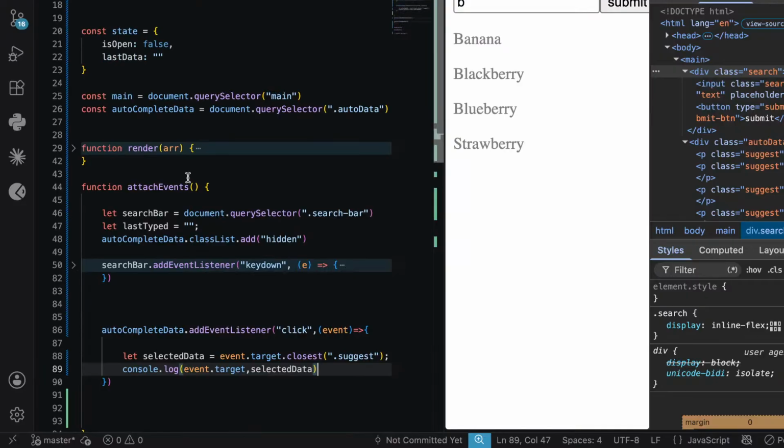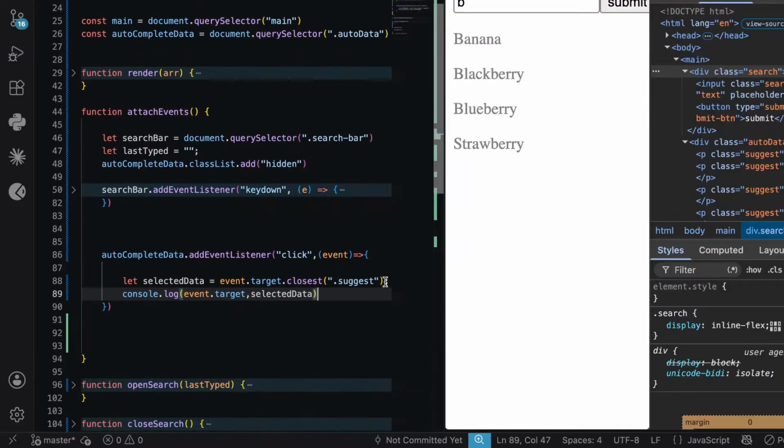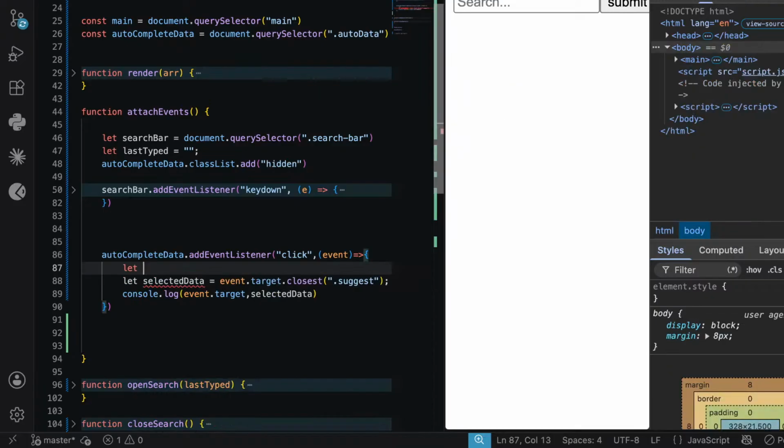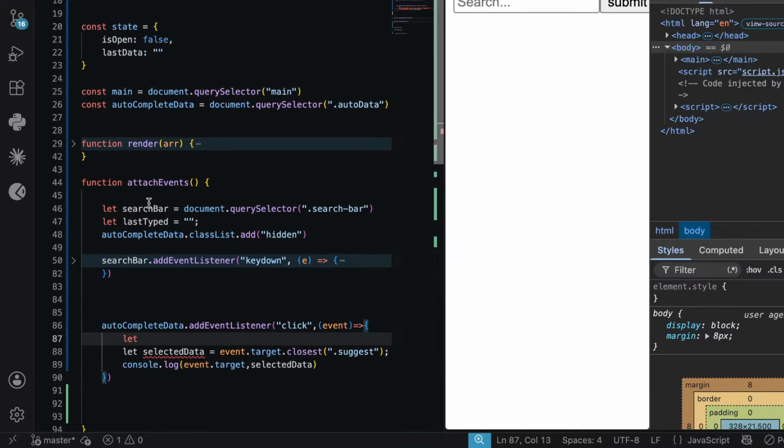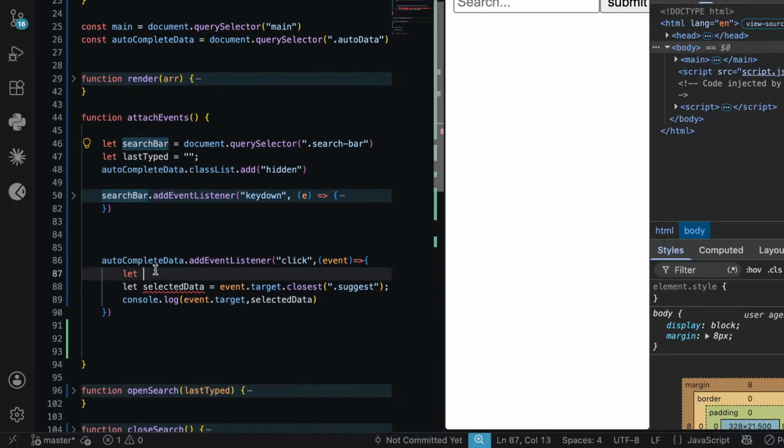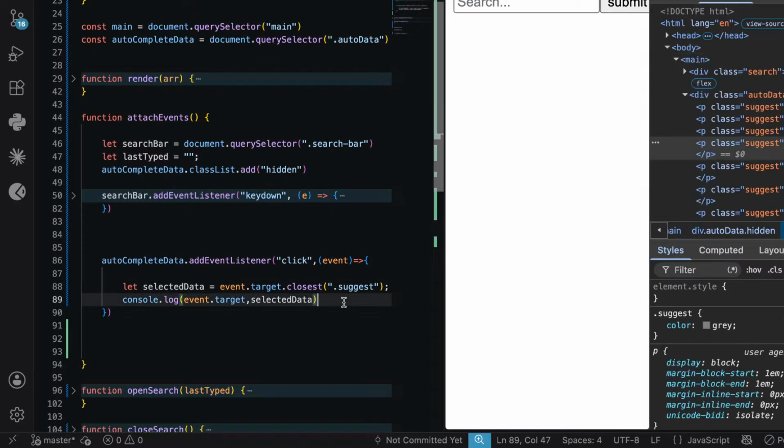So are we selecting the input here? No, let's select that first. Does the input have a search bar? Yes, we already have a search bar, so there is no need to repeat this statement again. So what we will do is